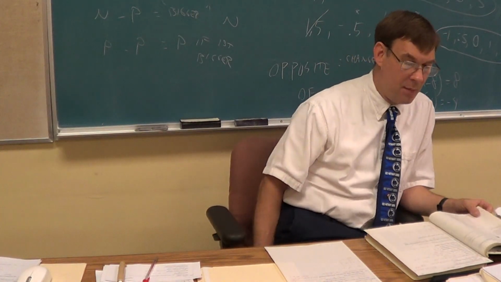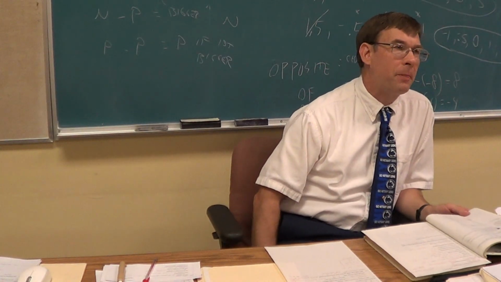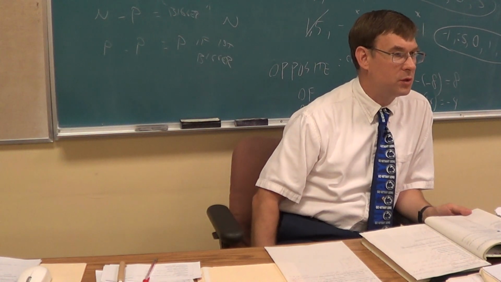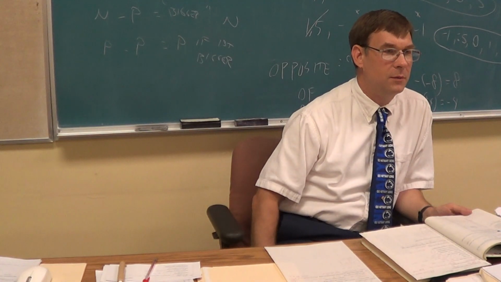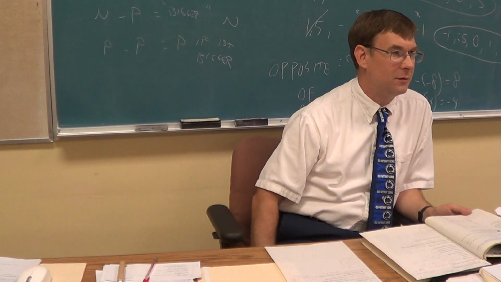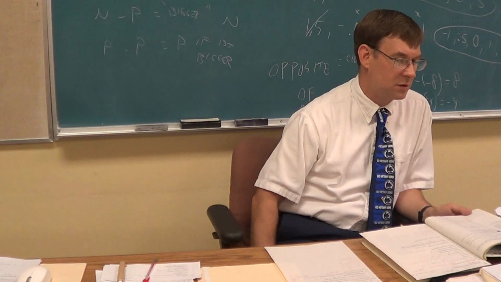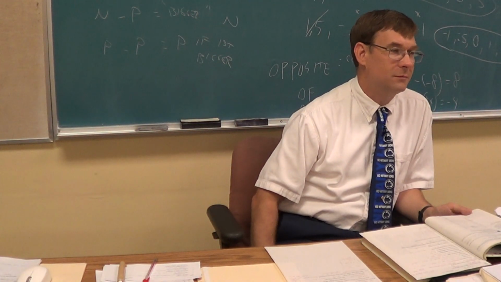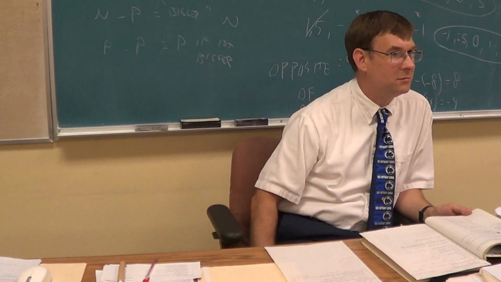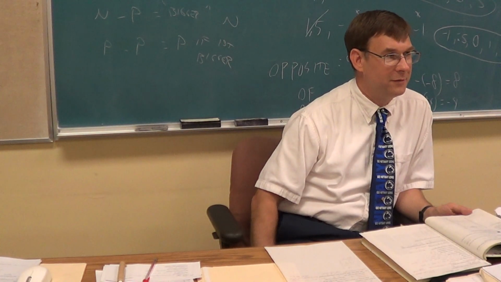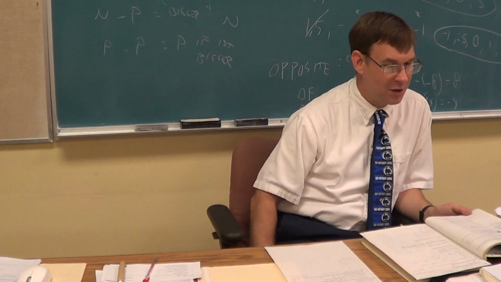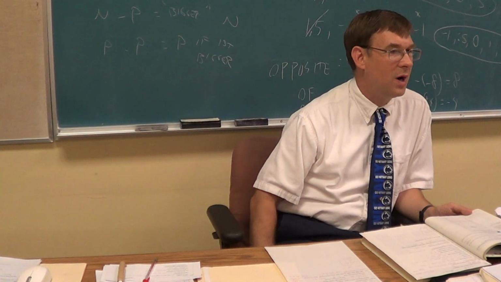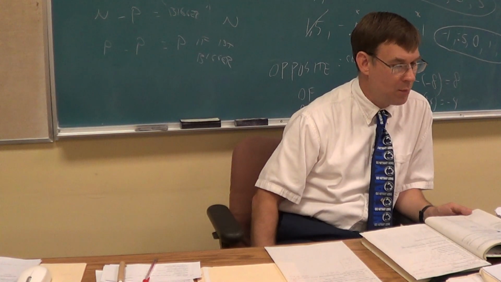Here's why, in my opinion, that's good. Ounces in a pound, what's your number? 16. Why is that? Because no one knows. Inches in a foot, 12. Why? No one knows. Pounds in a ton, 2,000. Feet in a yard, 3. Inches in a yard, 36. Okay, so we know those numbers. That's all just random nonsense numbers. I'm sure there was a reason why, but no one knows what they are anymore, and we're just told, just memorize these numbers.